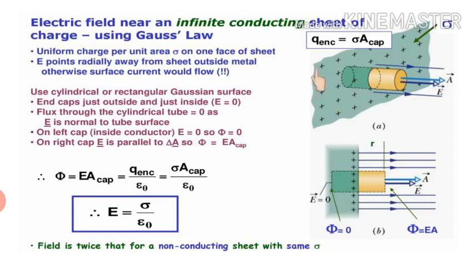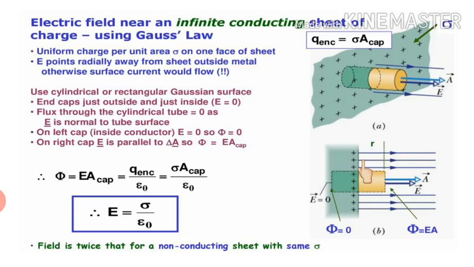Now whenever we talk about Gauss law, I have told you we have to consider one Gaussian surface. So here we have considered a cylinder as the Gaussian surface. Here also we can divide this Gaussian surface into 3 parts: this right cap, this left cap, and this curved surface area. Now if we talk about this curved surface area, the direction of the area vector will be in this direction, and the direction of the electric field is in this direction. It means theta is equal to 90 degrees.